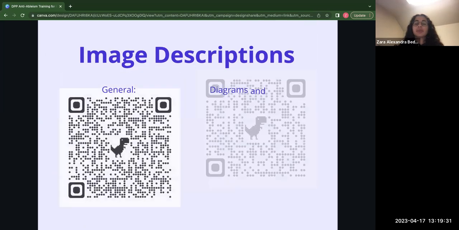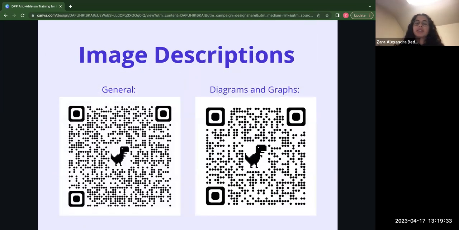Image descriptions are also incredibly helpful. For people who are blind or low vision, image descriptions can inform them of important concepts within an included image. If you'd like to learn more about crafting a brief but informative image description, check out these 2 QR codes. Also, if your lecture has visual aids, such as a chart or a graph, make sure to verbally describe these in class.